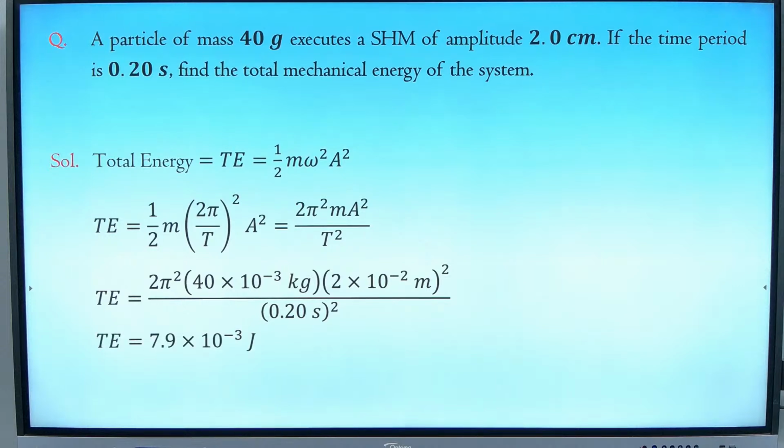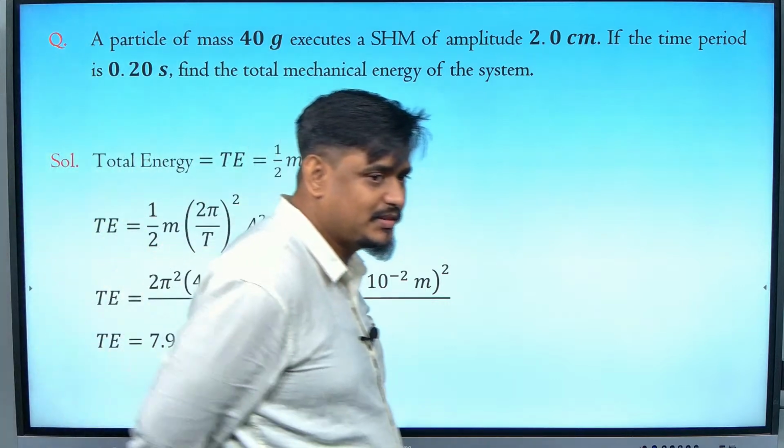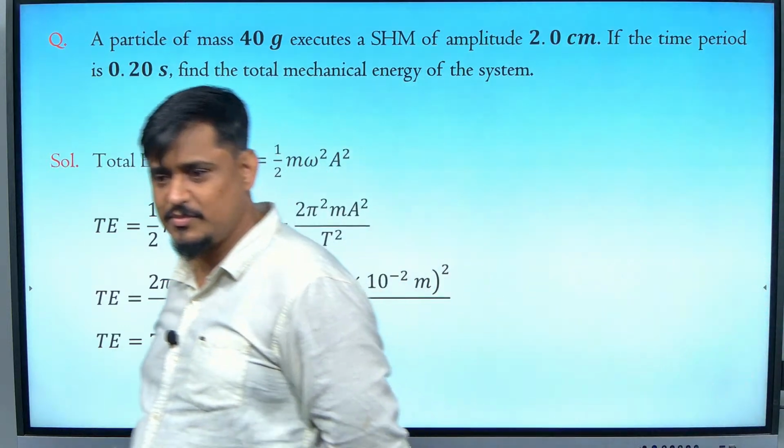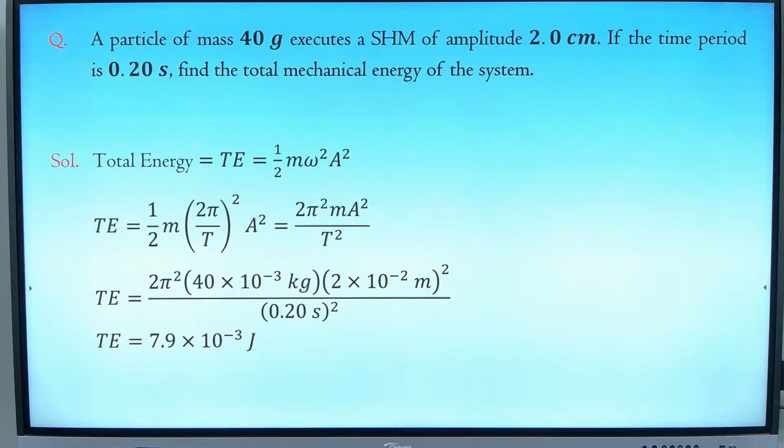They have done it in joules. You can do it in ergs also, no problem in that. 80 pi ergs, maybe. What is the conversion of ergs to joules? Any remembrance? 1 joule is equal to 10 to the power 5 or 4? If you want to convert it, what is there in that? So this is the answer in terms of joules. You can report the answer in ergs also, no problem.